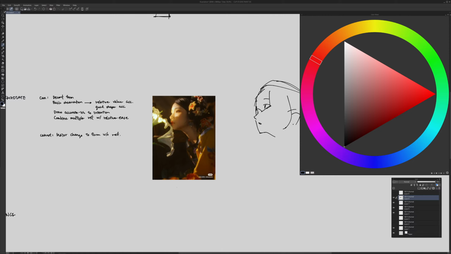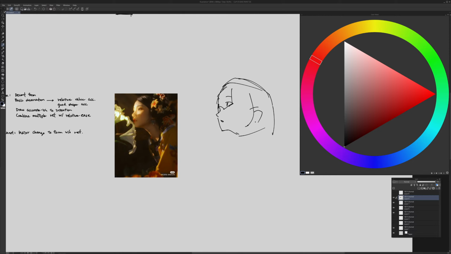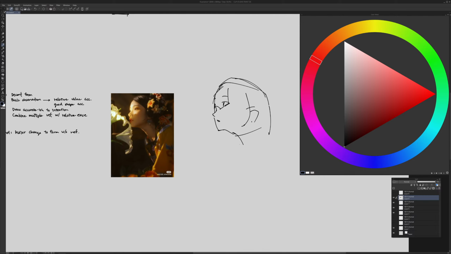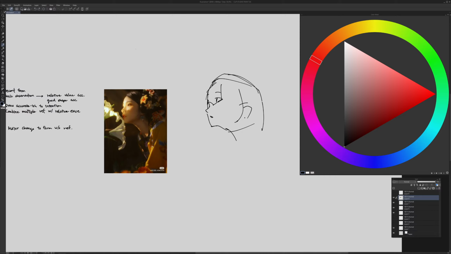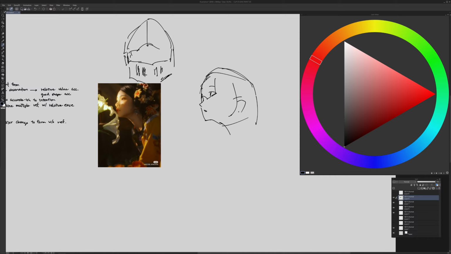So let's say you're at this step and you don't really know what to do, but you want to add something that doesn't exist in this image. So let's say a helmet. And you know what a helmet looks like. You see a helmet from the front view, and maybe something like this. Yeah, well, whatever. But you can take that and